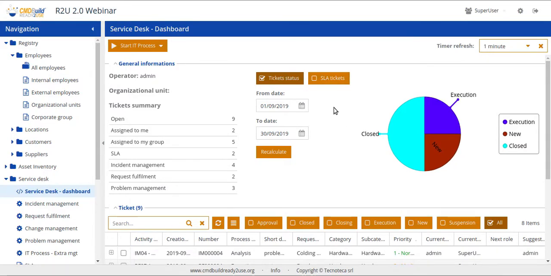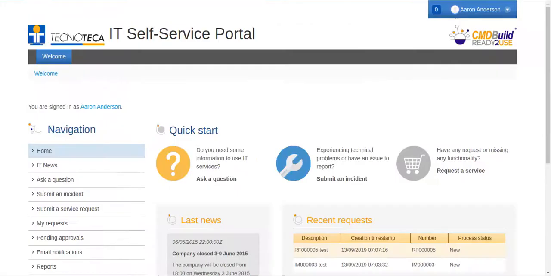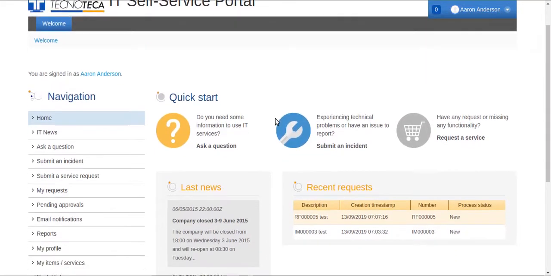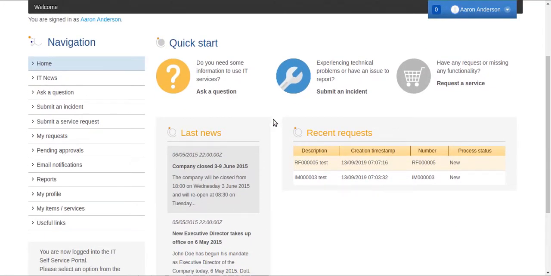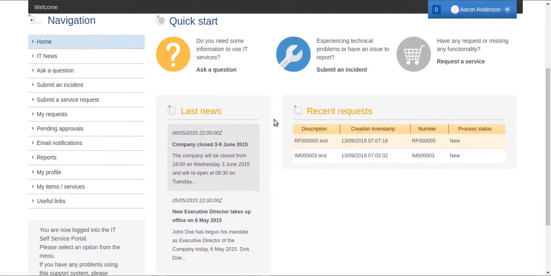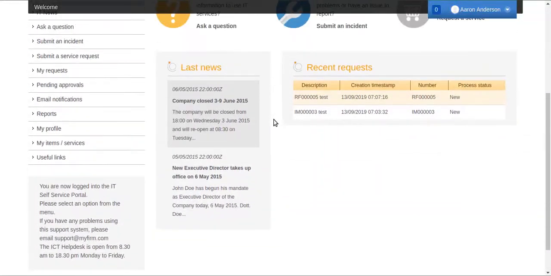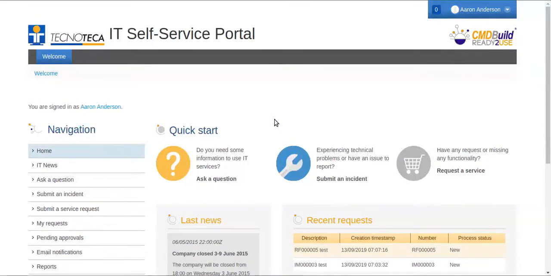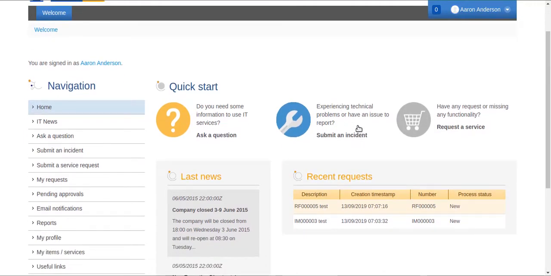You might want to know how the tickets are opened. Well, they could be opened in several ways. One of them is the self-service portal, which is this user interface here, which is not available as open source with the open source license, but it is one of the add-ons that come with the subscription with us. So this is a self-service portal, self-service because the non-technical user can submit an incident or request a service or even ask a question,